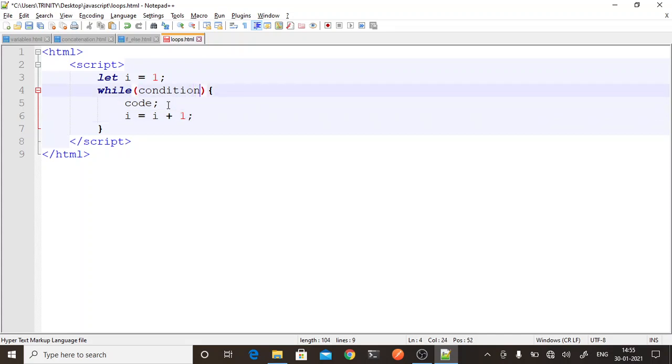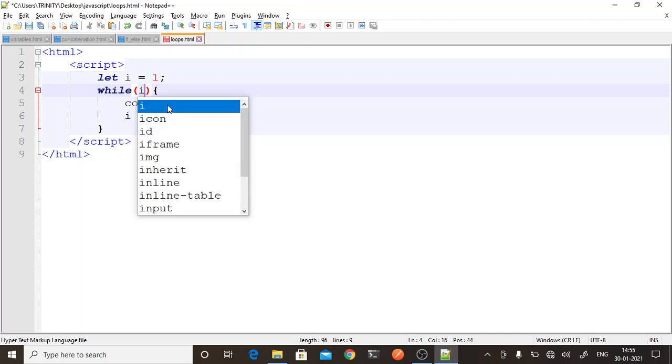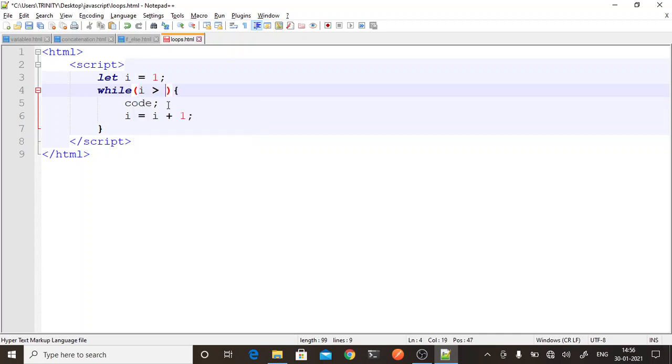So what will be my condition? For now I'll just print the numbers from 1 to 10. I want to print till 10 and not below, not less than that. So when i is less than 11, i is 1, so definitely less than 11, then you print i.